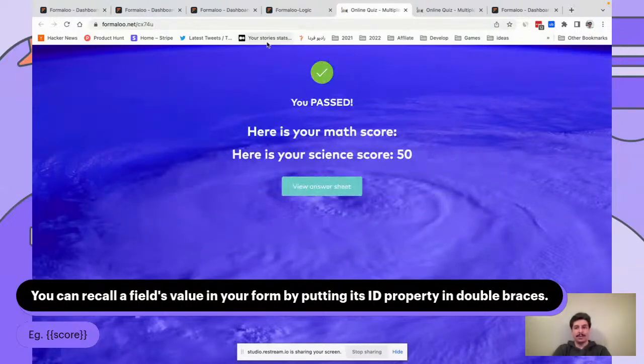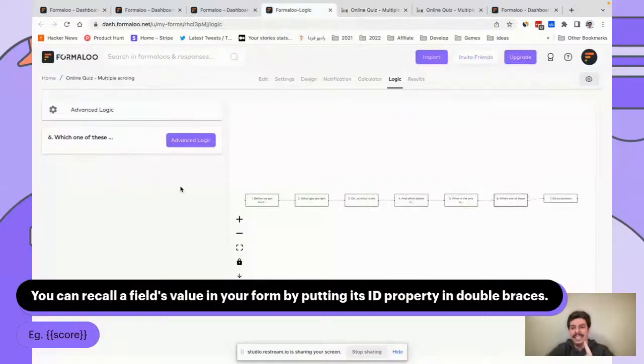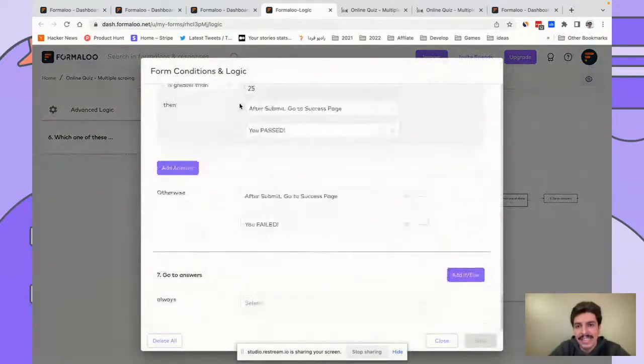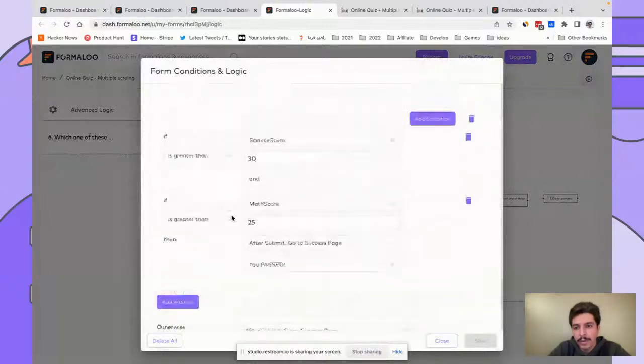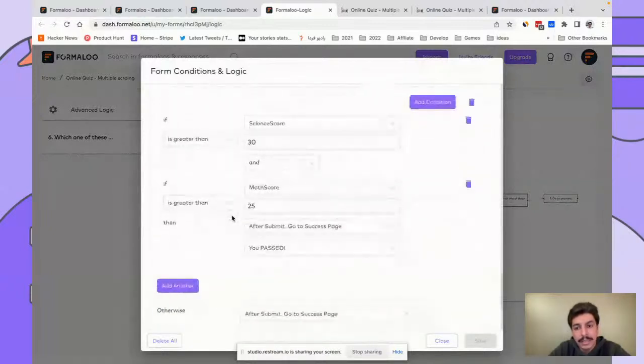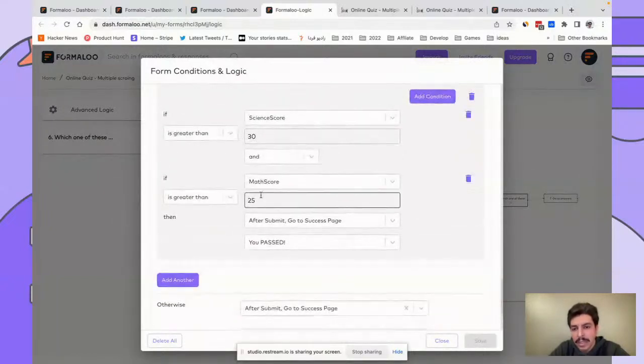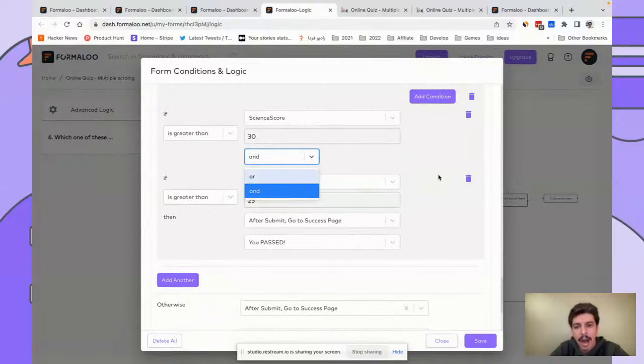I passed. So that means something in my logic is wrong, because I didn't do the advanced logic correctly here. If it's otherwise, I have to go to fail, but it didn't do it for me. So maybe my scoring was wrong. Maybe I put this on